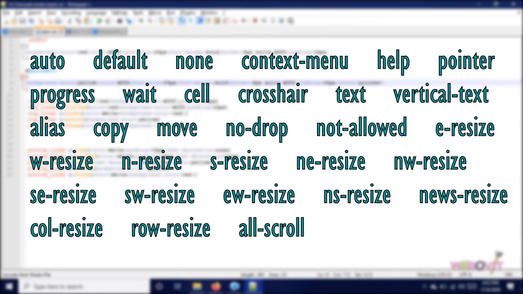Here E, W, N and S represent east, west, north, south. Then we have col-resize, meaning column resize, row-resize, and all-scroll.